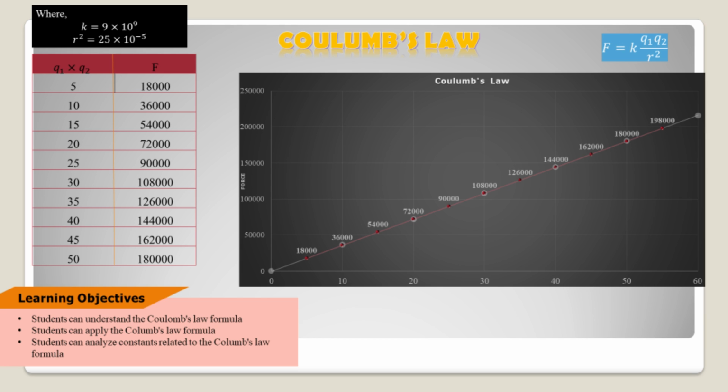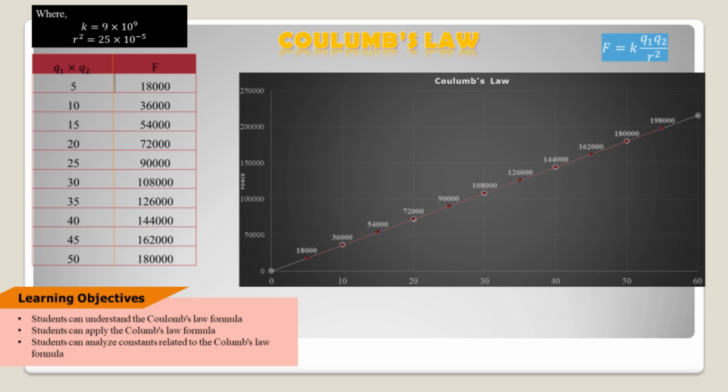If Q1 times Q2 is equal to 50, the force is equal to 54,000. If Q1 times Q2 is equal to 20, the force is 72,000. And if Q1 times Q2 is equal to 25, the force is equal to